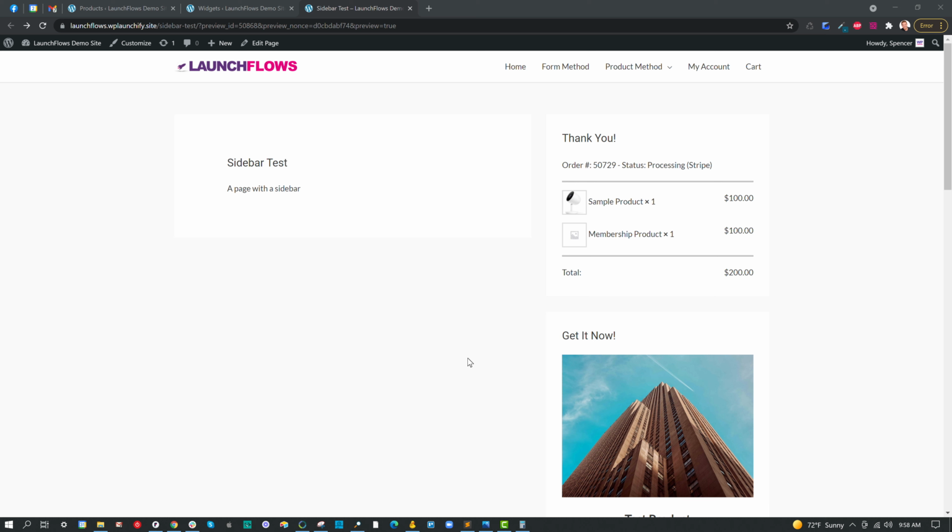In this video, I want to show you that LaunchFlows components can work anywhere in a WordPress layout. They can even work inside of your widget areas. This works equally well with the classic widgets or with the Gutenberg, but as of the time of making this